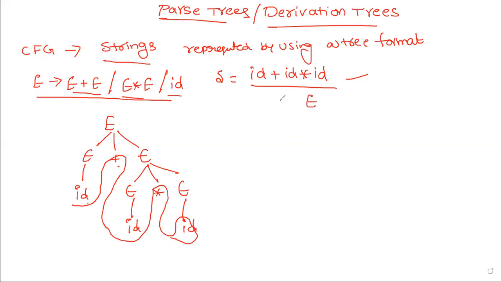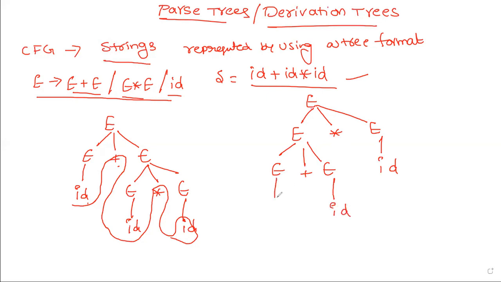This is the leftmost derivation, or you can use rightmost derivation also. That is not a problem. We can use rightmost derivation also. For example, first this one. First replace this E with ID star. In the next iteration, I am replacing this one with E plus E. In the next iteration, I am replacing this E. The next iteration, I am replacing this ID. Now, what is the grammar? This is the grammar, this is the string, and this is the parse tree.